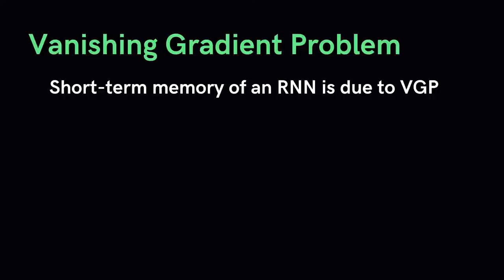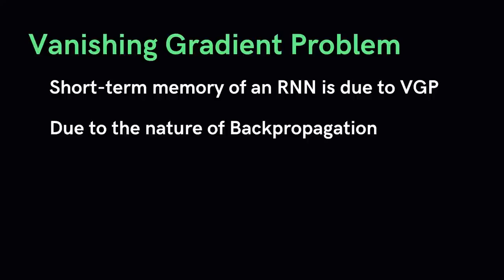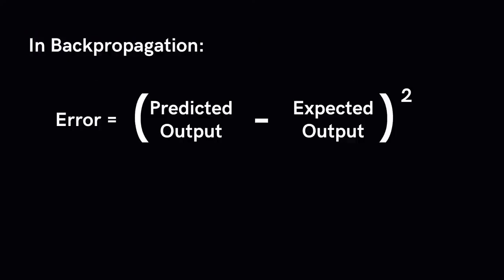Short-term memory and the vanishing gradient is due to the nature of backpropagation, the algorithm used to train and optimize neural networks. After the forward propagation, or the pass, the network compares this prediction to the ground truth using a loss function, which outputs an error value, an estimate of how poorly the network is performing. The network uses that error value to perform backpropagation, which calculates the gradients for each node in the network. The gradient is a value used to adjust the network's internal weights, allowing for the network to learn. The bigger the gradient, the bigger the adjustments are, and vice versa.